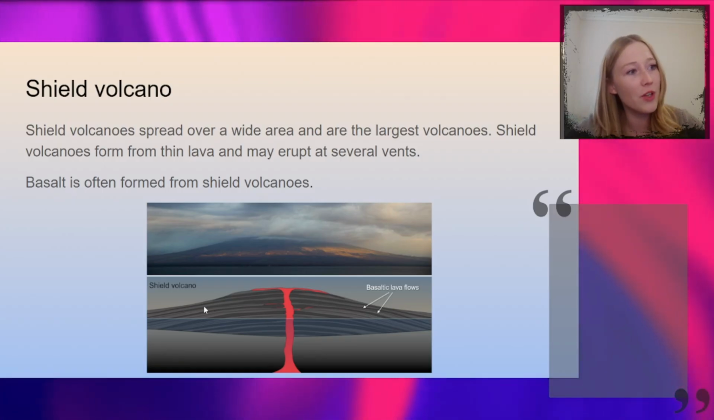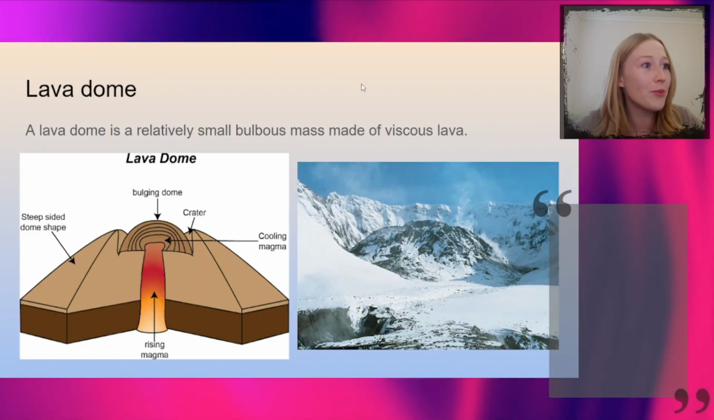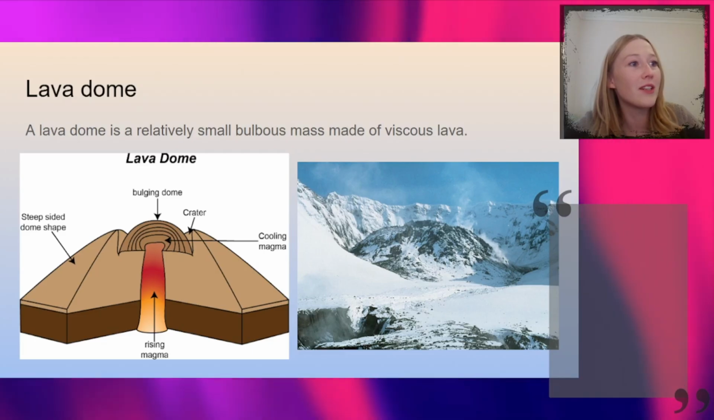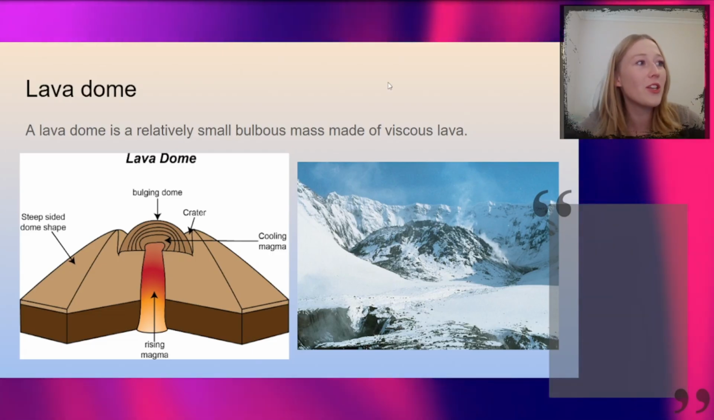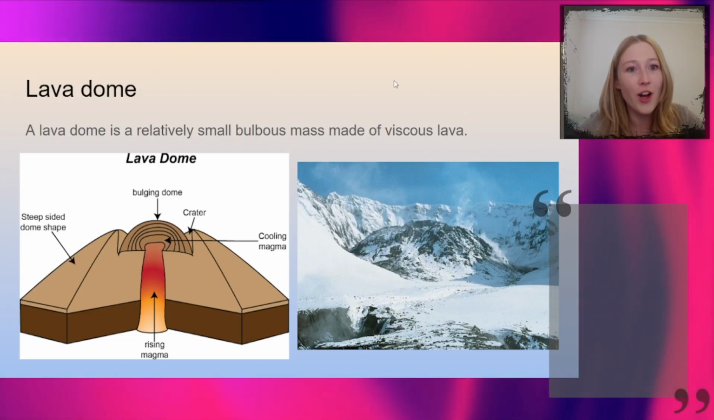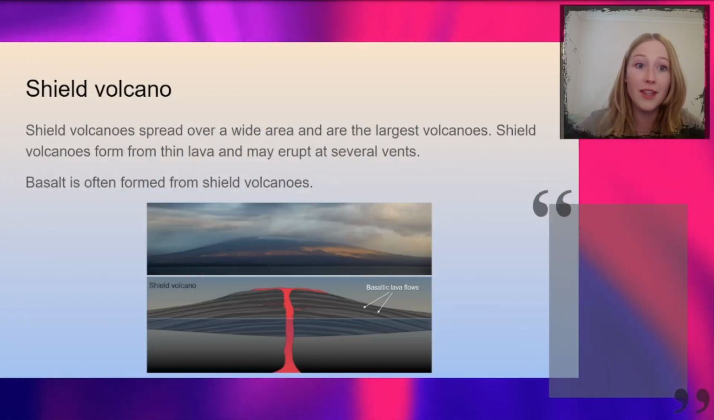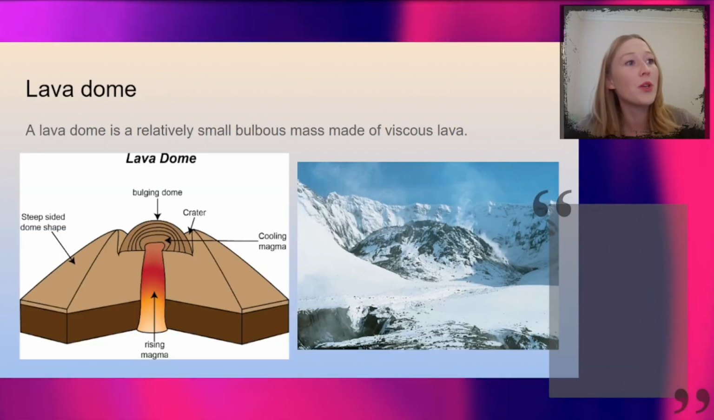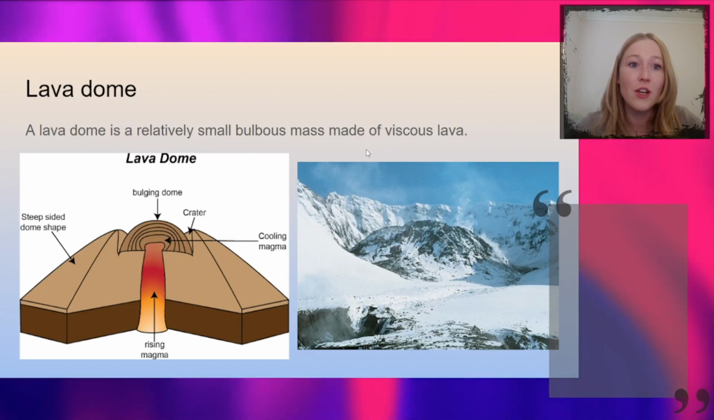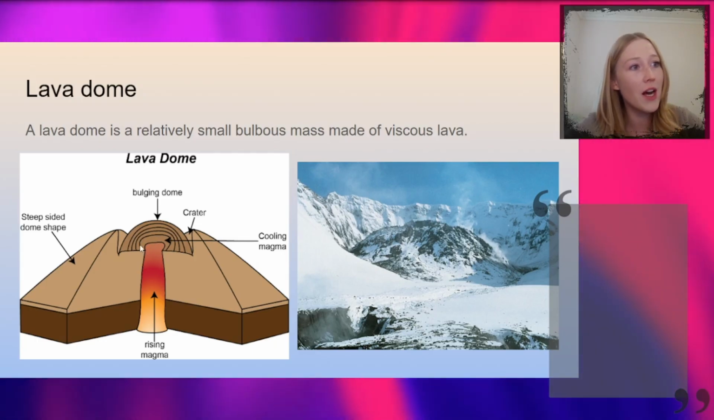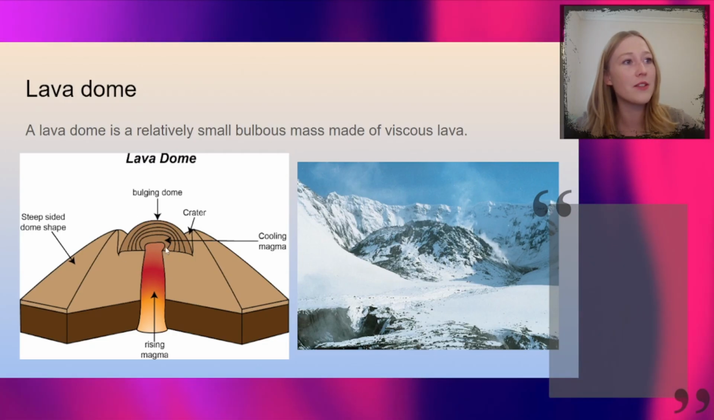And that's why you get these very wide, very thin layers to the shield volcano. The lava dome is also formed by the lava slowly oozing out of the volcano, but the consistency, or the viscosity, of the lava is different. So in the shield volcano, the lava is very thin and it can spread very far, but with the lava dome, the lava is quite thick, it's quite viscous. So it doesn't flow very far and it kind of just bulges over itself and it solidifies